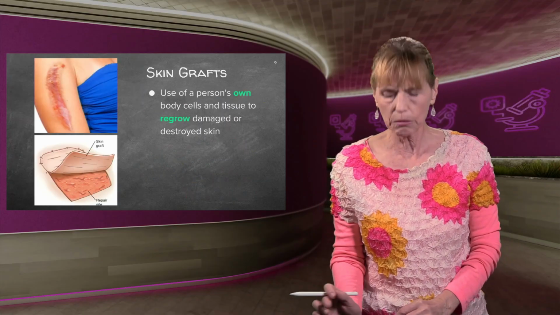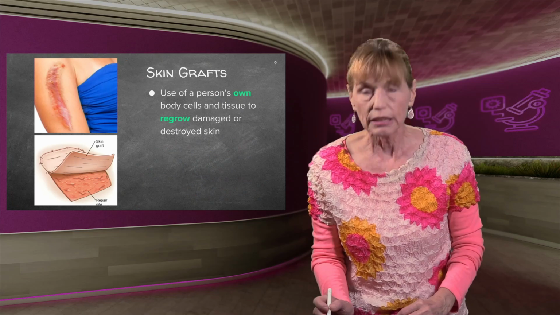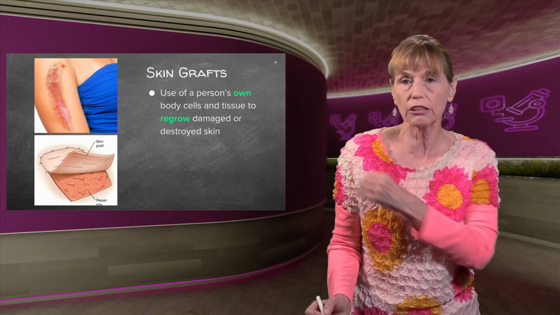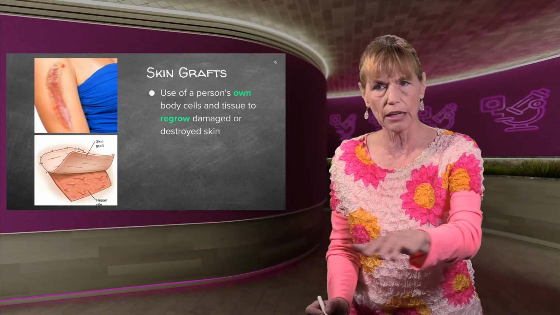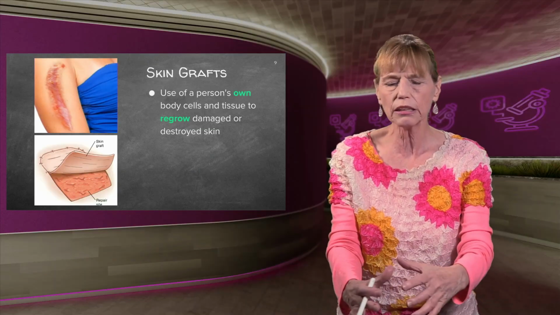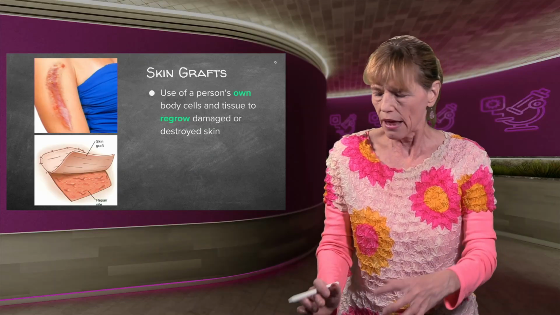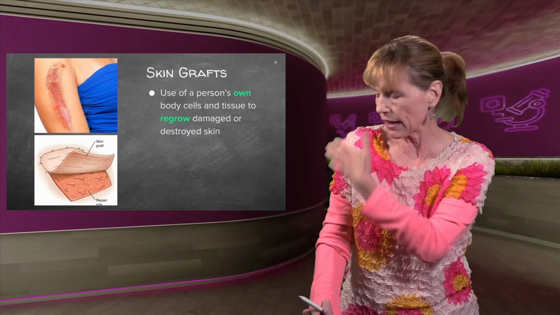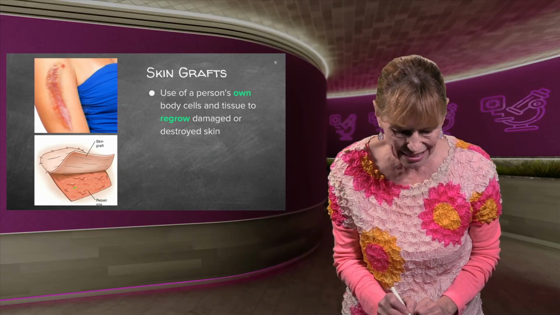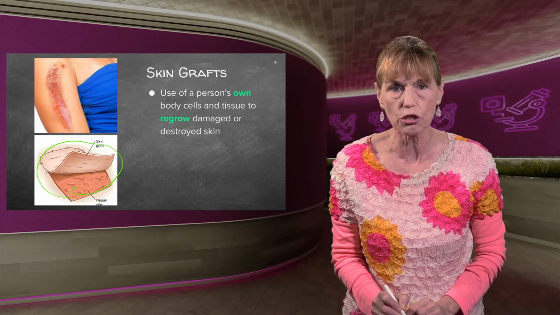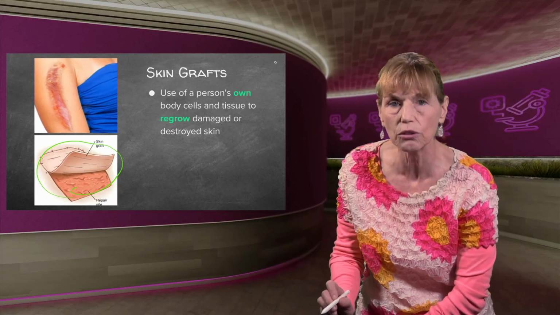Then the last bit we have here are your skin grafts, where you literally take a piece of skin and they grow it also on a petri dish. And then once it's grown a bit, or tissue, they can take a bit of it and put it onto the damage that's been done, that's burnt. Or they can literally take it off the top of the thigh.